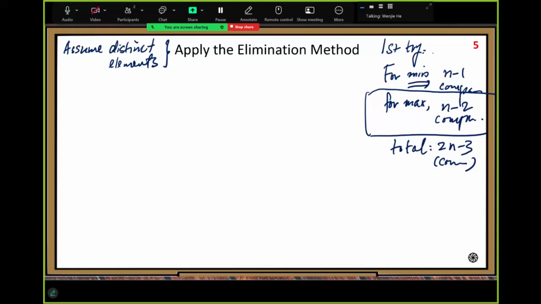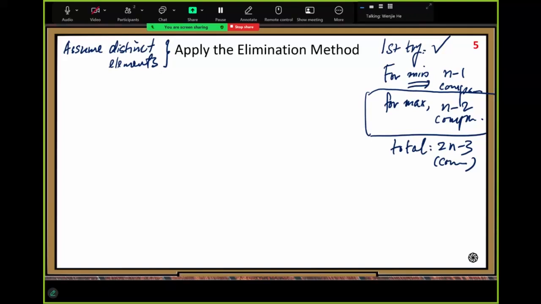We did our first try, and we got one solution, but not the best solution. In the first try, we find the minimum first, so we need n-1 comparisons based on our first selection problem. It's optimal, so we use it here as the first step, n-1 comparisons. But in the second step, when we find the maximum,